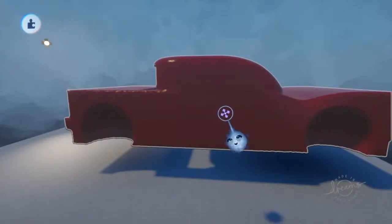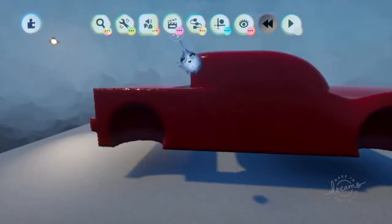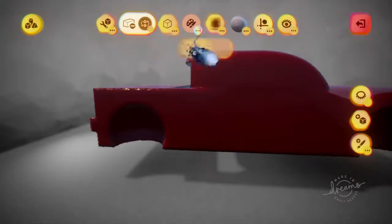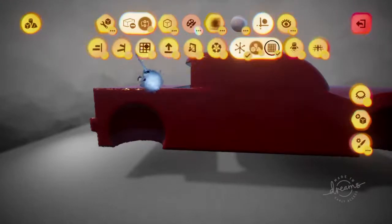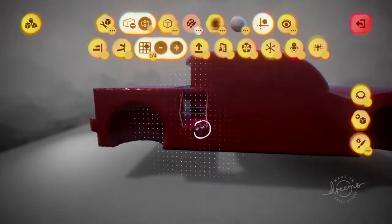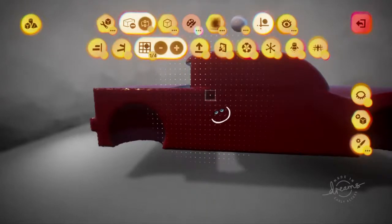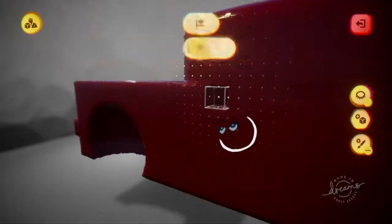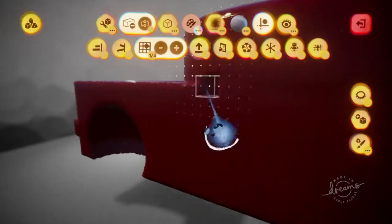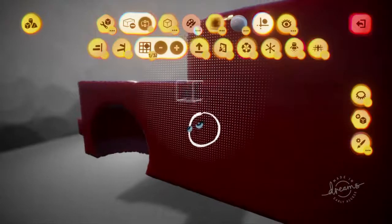I need to cut this up. I need to cut it up so I can get the door in. Let's see. Now, do I want actual door? Do I want, you know, I kind of do want actual, but this is the problem I had with the truck. If I do actual,